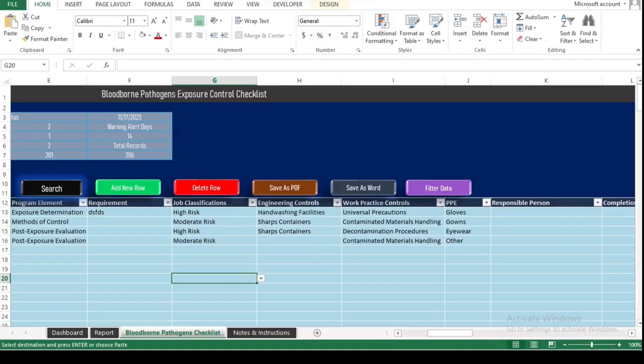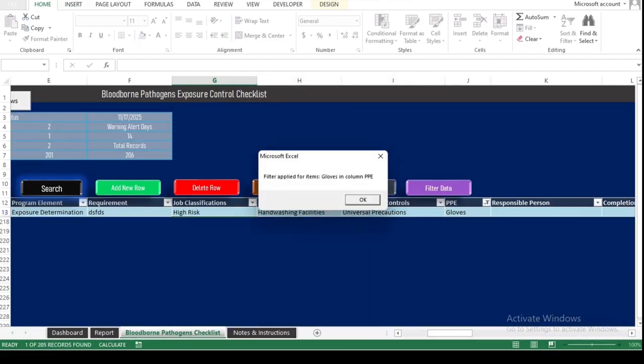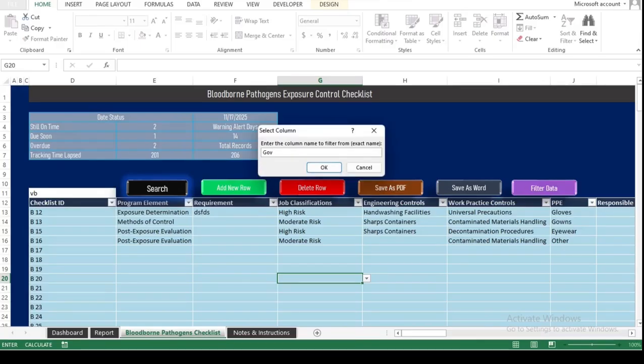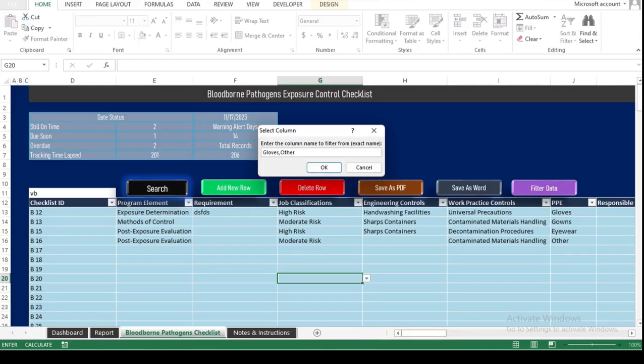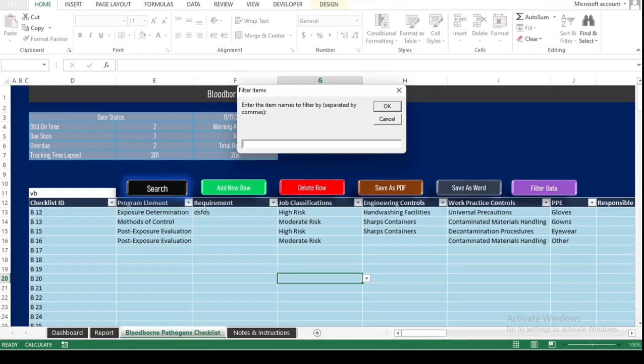The Filter Data button allows you to display only the rows that meet specific criteria, hiding all other irrelevant rows. Always make sure to enter the correct names as they are to avoid errors. Read the instructions given in the dialog box on how to enter. This makes it easier to focus on important data without distractions. Once you're done reviewing or editing, simply click the Unhide button to reveal all hidden rows and return to the